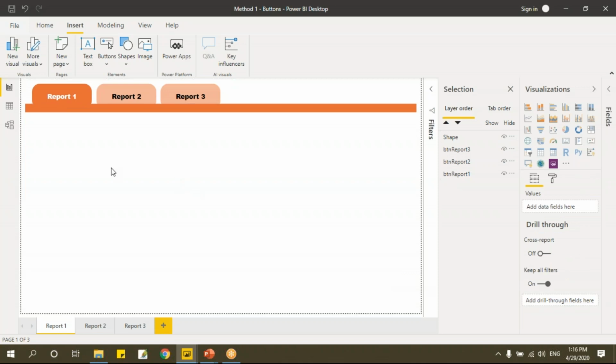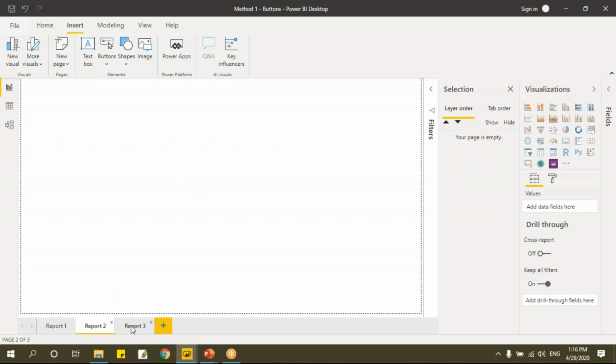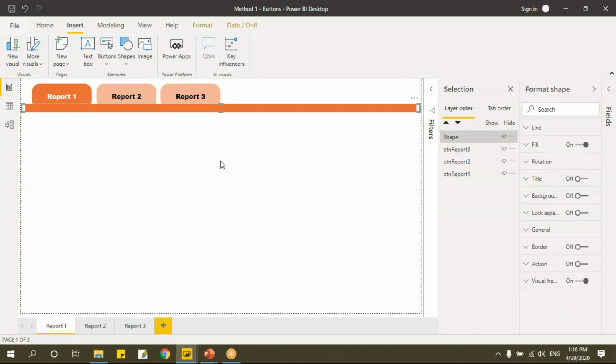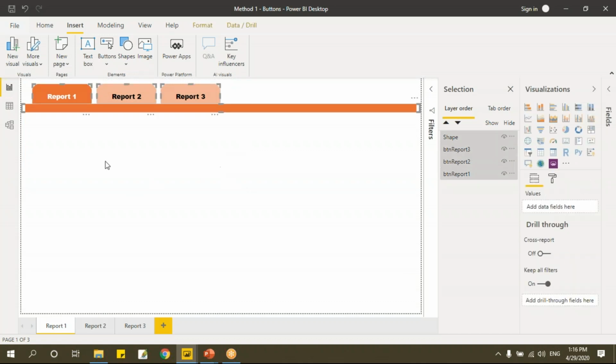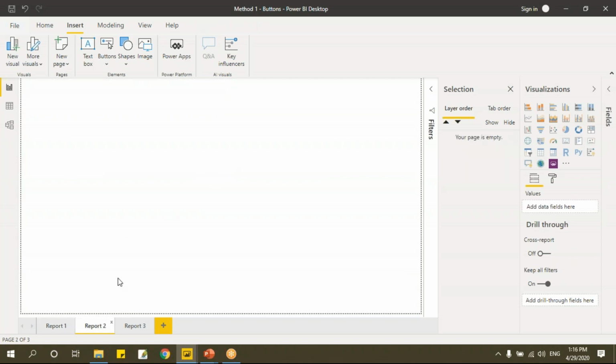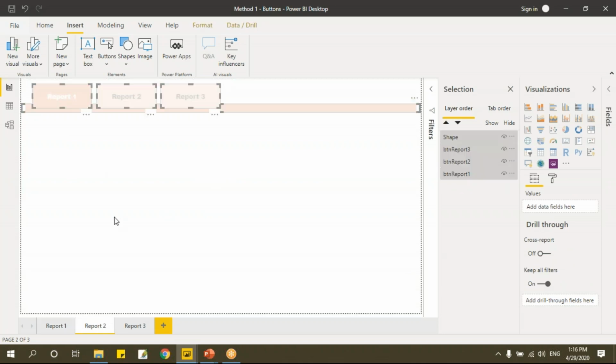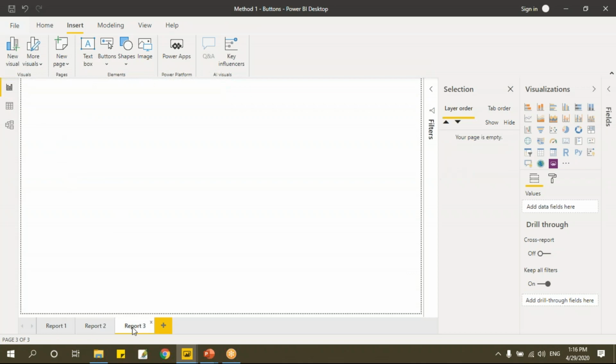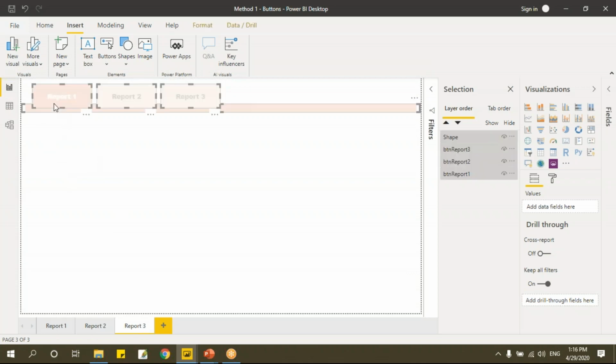Done. Now how to use the same buttons in these sheets? So what we'll do is select any of the shape and say Control A. It will select all the shapes. Control C, and then go to report 2 and say Control V. So this will copy and paste the same buttons here. Let me copy this in report 3 sheet as well.